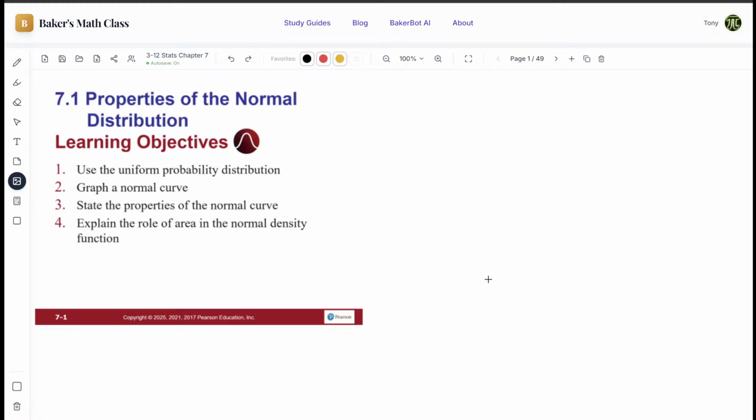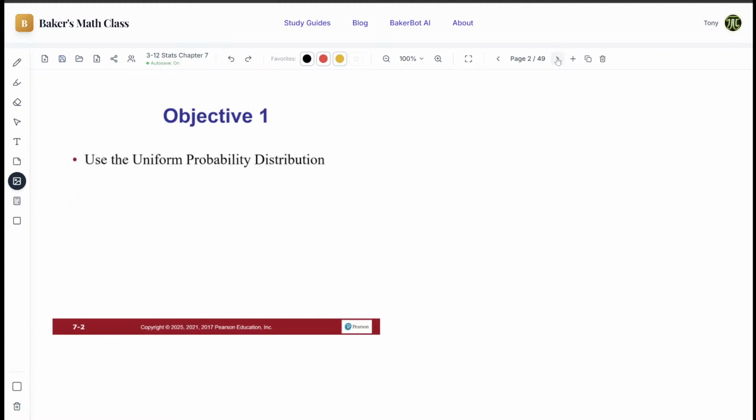All right, so we're going to do chapter 7 today. Remember, chapter 6 focused on discrete variables. Chapter 7 is going to start to look at continuous variables. All right, so first thing,